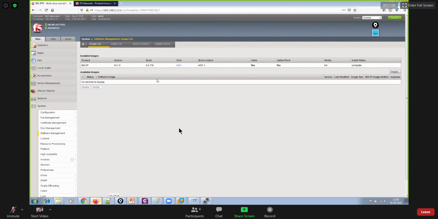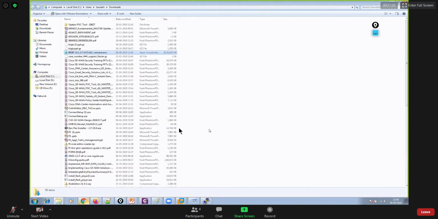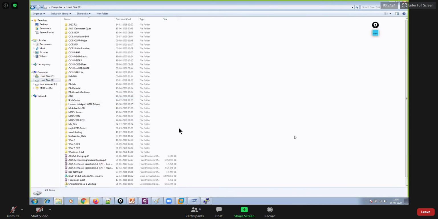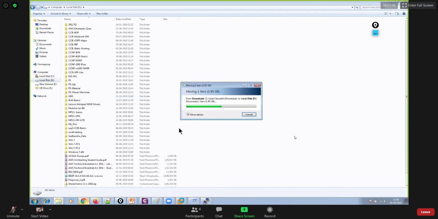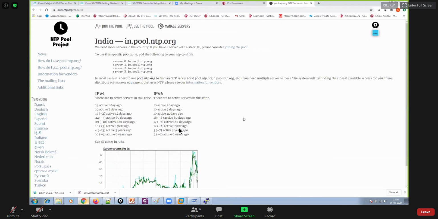So let's say I wanted to upgrade it, right? I have already downloaded one updated image. So let me go to show in folder. That's in downloads, Control X, go to drive D and then paste it here. So 14.1.2, I have that.